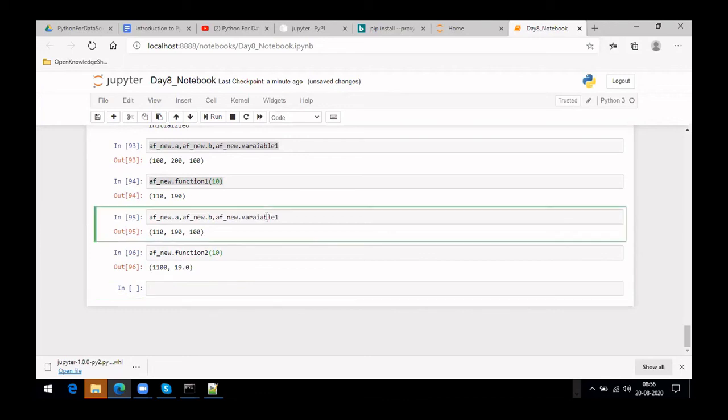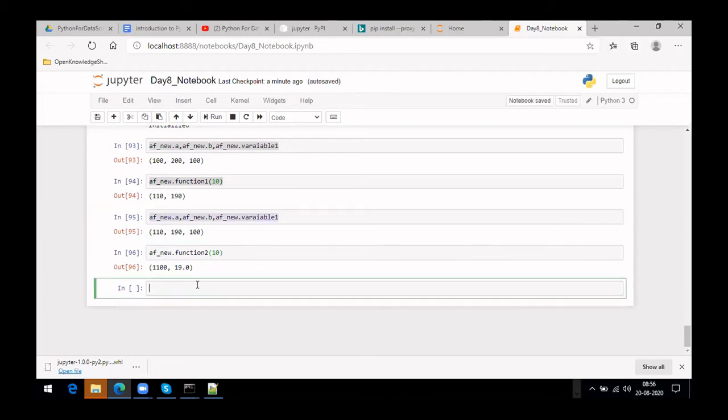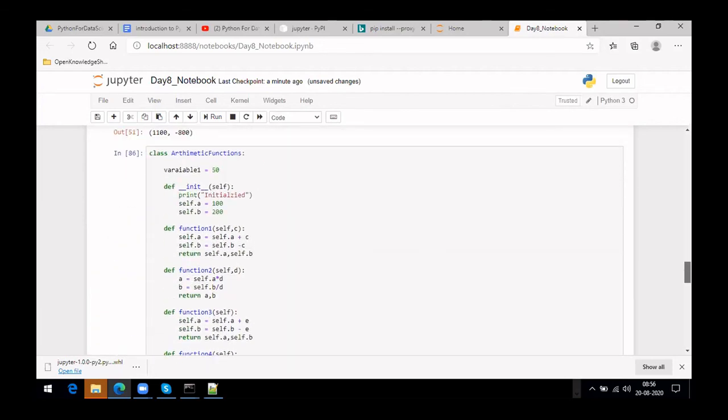So let's see whether the variables got changed or not. See, it did not change, right? So it stayed whatever it was previously, because here self.A is different from using A just here. So it will be treated as a completely different variable.